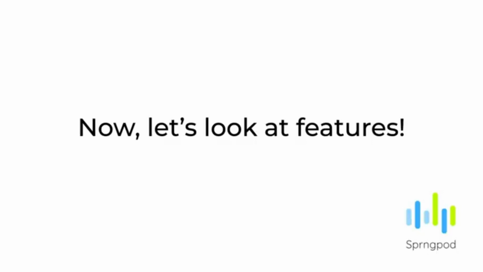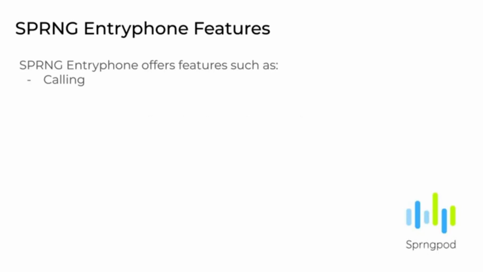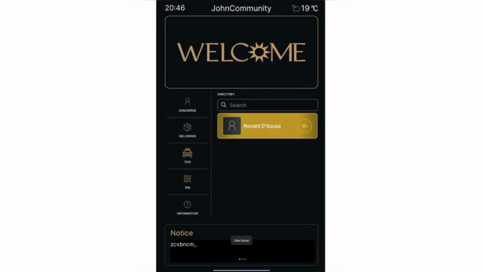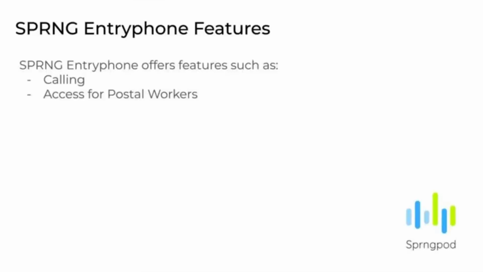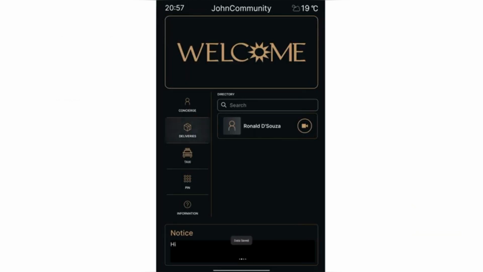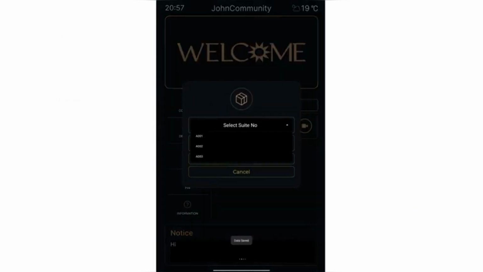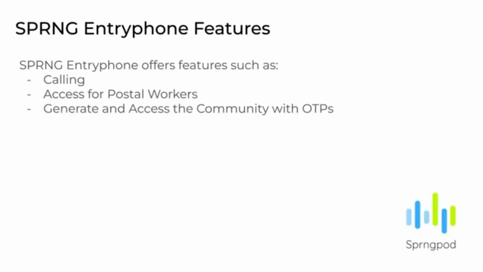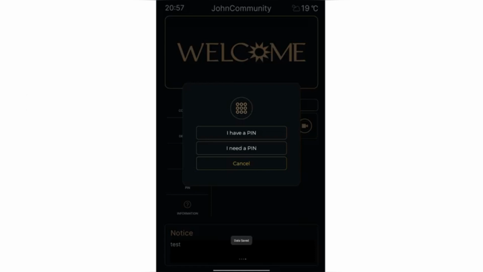Now let's look at some features. SPRNG Entryphone supports features such as calling, access for postal workers, generate and access the community with OTPs,